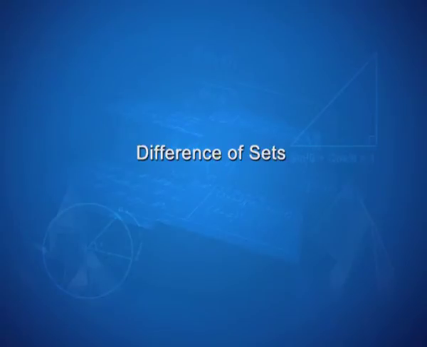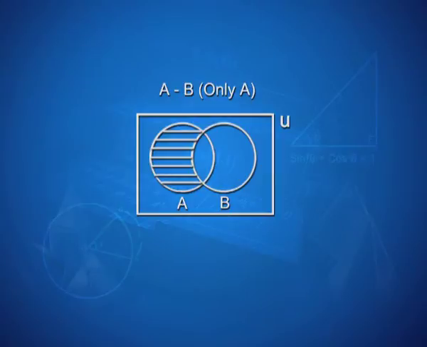We have just finished discussing the operation of sets which was intersection. Let us now come to the third operation, which is the difference of sets. The difference of two sets A and B in the same order, which is very important, is denoted by A minus B. A minus B is the set which contains the elements which belong only to A but not to B. With the Venn diagram, we can clearly see the difference of sets. The Venn diagram for A minus B is represented like this.